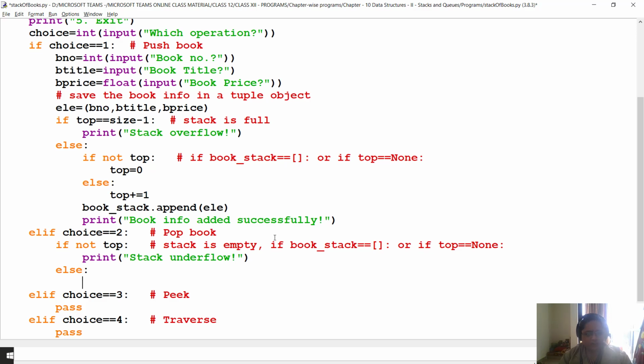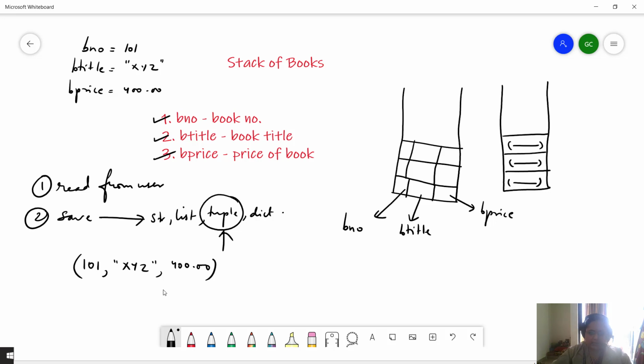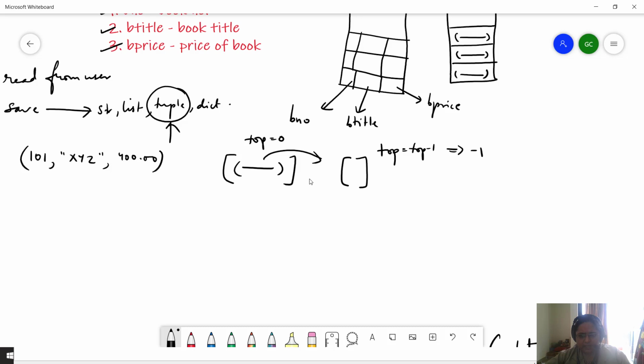Either the stack will contain only one element, that is if we delete that one element, after that there would be nothing in the stack, and we need to now reset top to none, because if we deduct 1 from 0, in case there is only one element in the stack, like you can see over here only one element is left in the stack, right? Which means that the value of top is set to 0. Now if I remove this element, my stack will be an empty stack. And now if I write top equals top minus 1, which will mean minus 1.